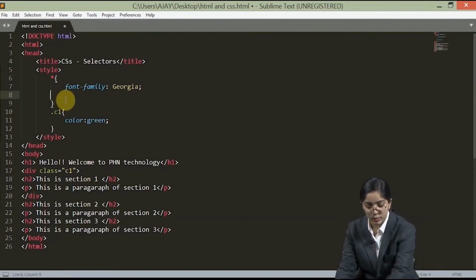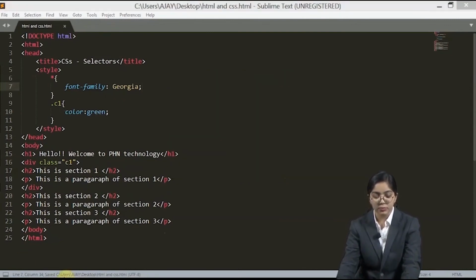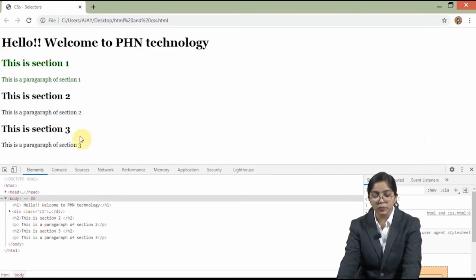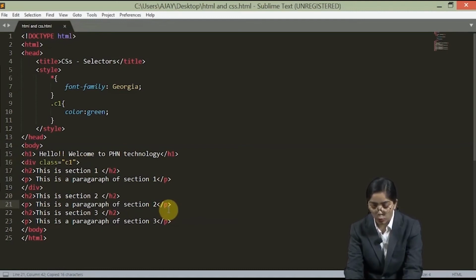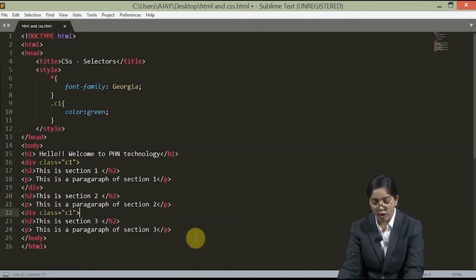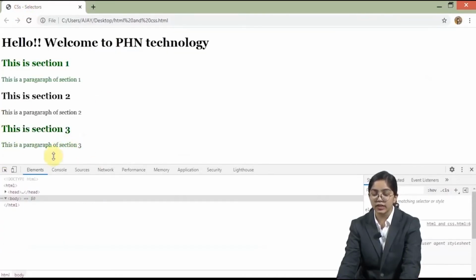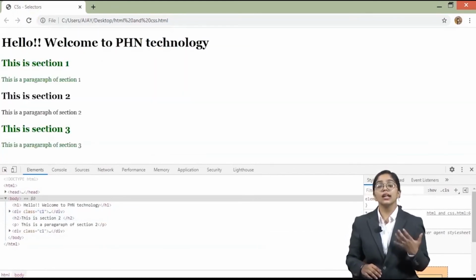And remove this as well because that can create some problems. So let's just remove. So you can see that this particular section has been colored. Now I can use this particular thing again and again as many times as I want to. Like I have used it for the section 3 as well. Okay. Now as I refresh it, you can see that even the section 3 color has changed. So this is how you use a class.